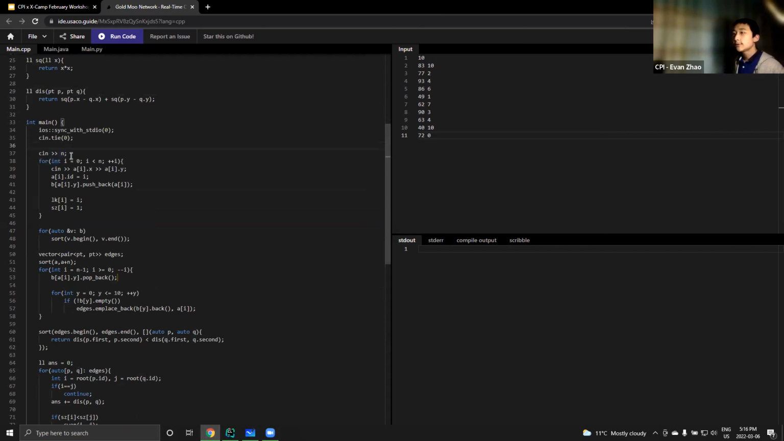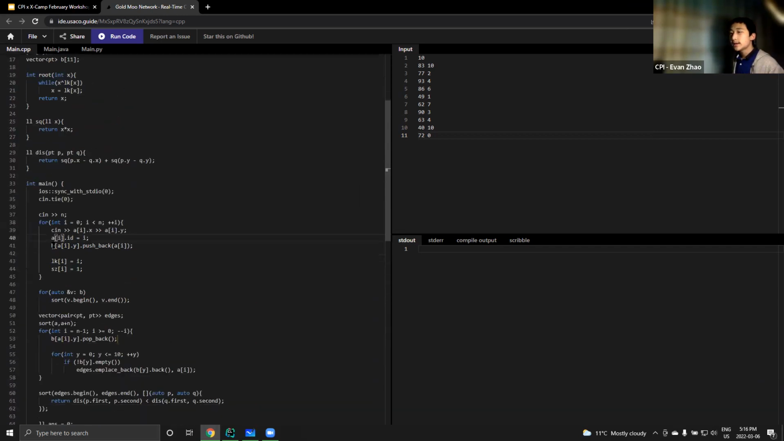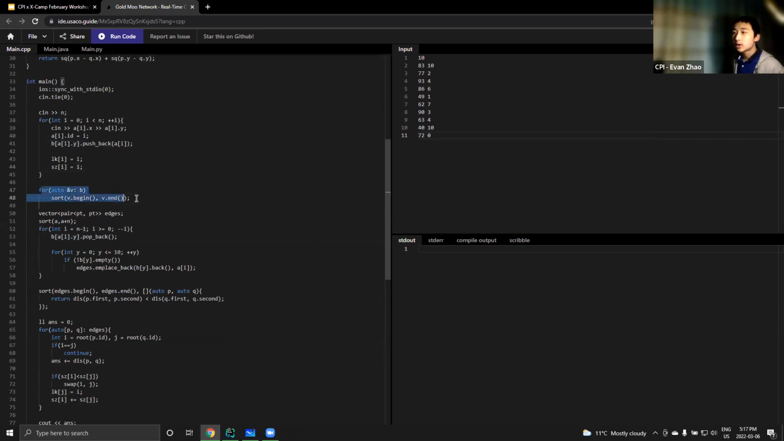We take an n, and for each of the cows, we take in the x and y coordinates of the cow. We set the ID of the cow to be i. It's going to be important later on for the disjoint set union. And we're going to push point A[i] into row A[i].y, its y coordinate. And then we're going to initialize LK, link, and SZ, size, to be i and 1. Those are part of the disjoint set union, right? And then we want to sort all of the vectors, all of the rows of cows, just to make sure that they are in